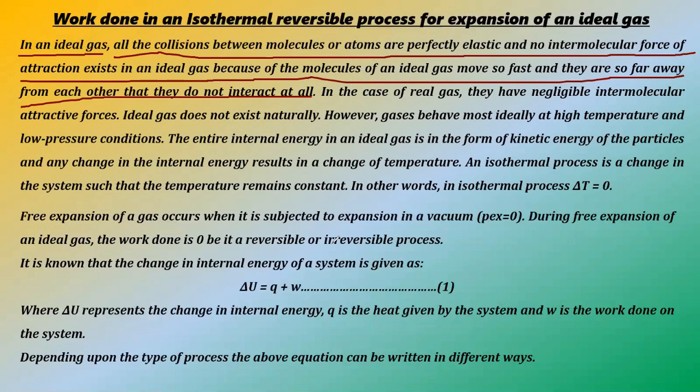One, A2 is colliding with A2. You will get no product. Again, B2 is colliding with B2. Again, you will get no product. Third one is A2 colliding with B2, then only you will get product. So collisions may be either effective or ineffective. Effective collision only results in products, ineffective collision doesn't count.